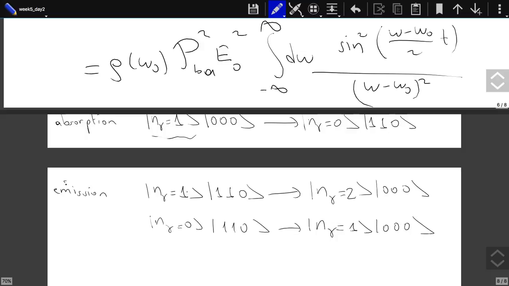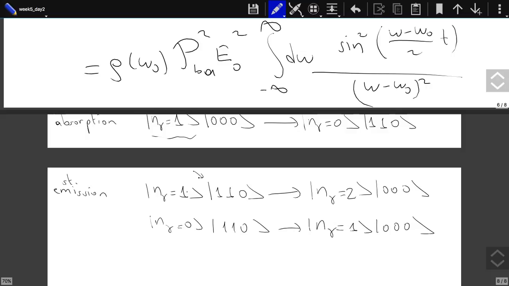This stimulated emission is what causes lasers to work. So you start with 1 photon. You have a collection of atoms in the excited state, most of them should be in this one. You send 1 photon to 1 atom, so it emits 2. Then each one of them causes another atom to emit two more, and you get this avalanche of photons of the same frequency, and furthermore, they turn out to be in the same phase. So that's why the laser is a coherent beam of photons.